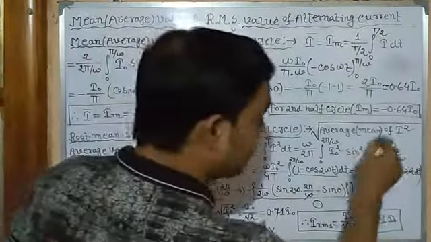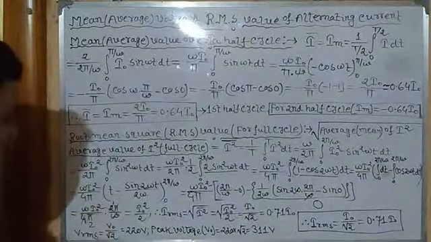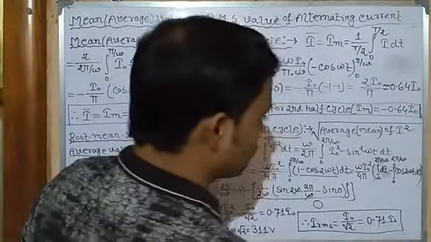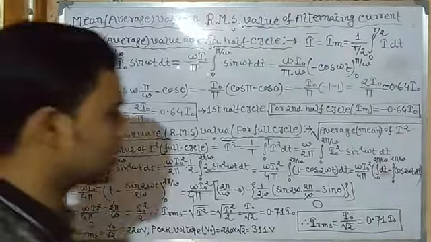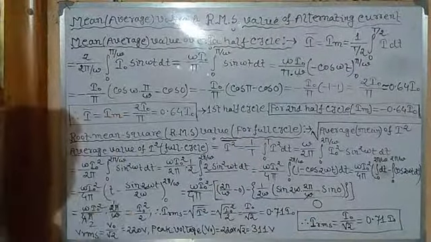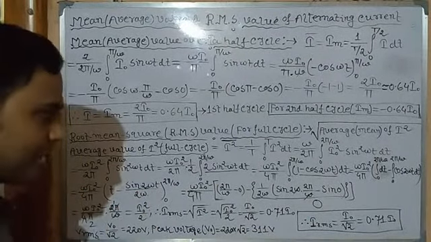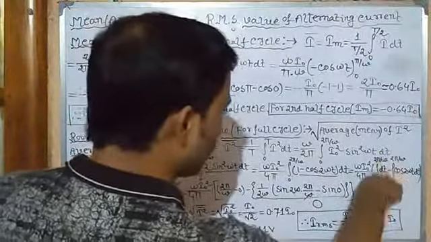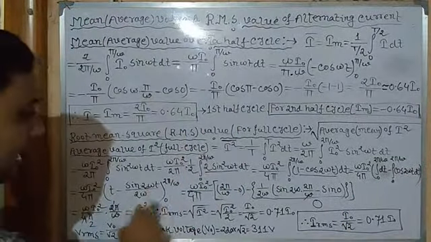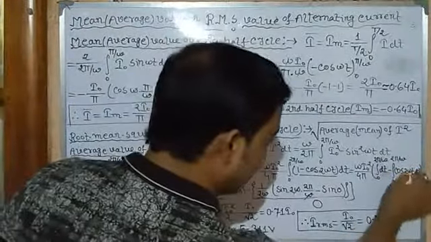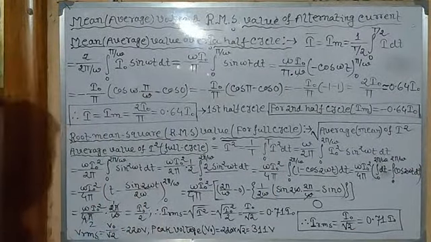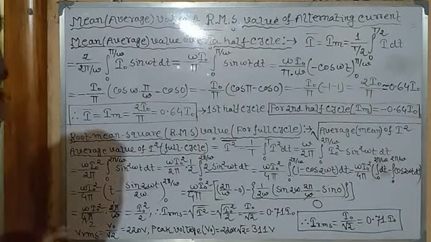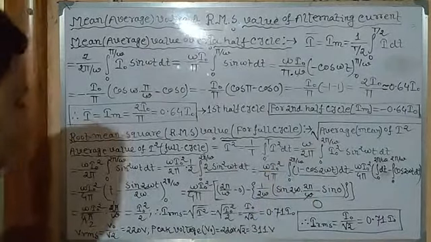So now omega I0 square by 4 pi. Then the integration of dt is t, minus the integration of cos 2 theta d theta. So where is cos theta? The integration of cos theta is sine theta, isn't it? We all know. So the integral of cos is sine, but again with twice omega t, so 2 omega is a constant, divided by 2 omega, from 0 to 2 pi by omega. Now the final work is to put in the values, upper limit minus lower limit.